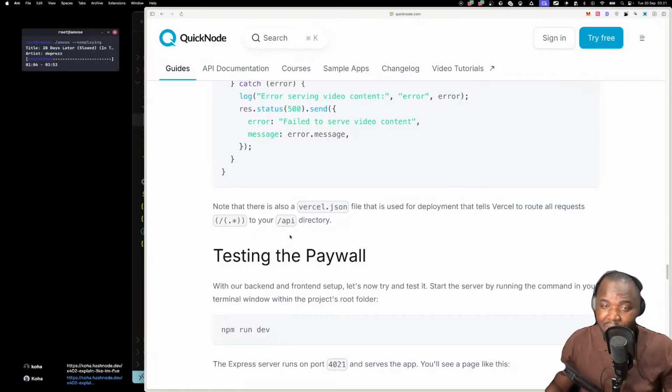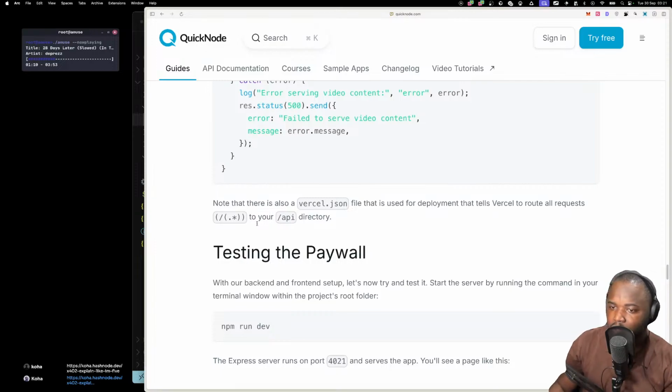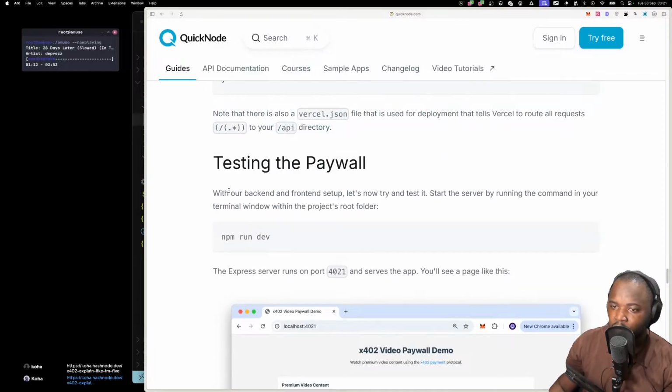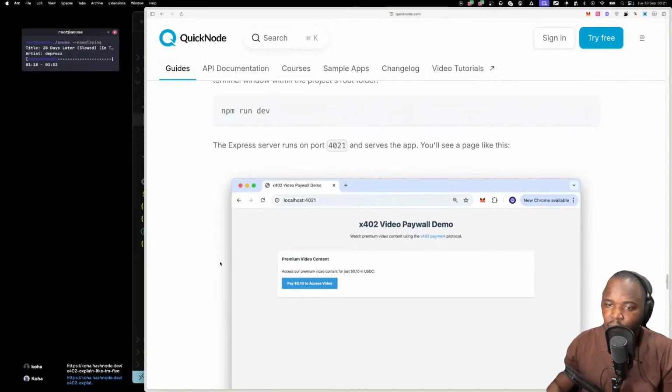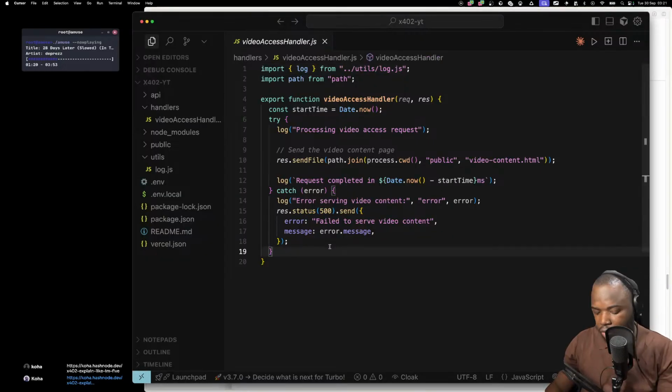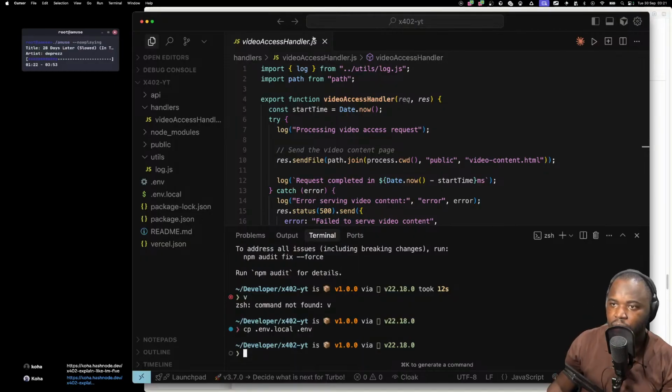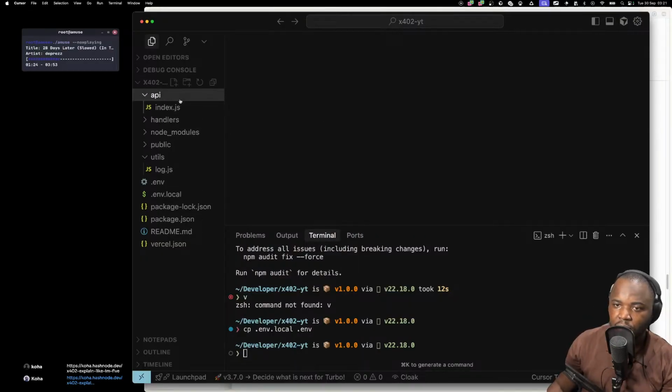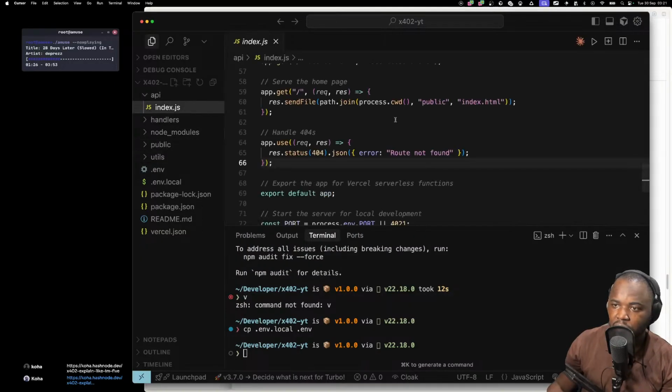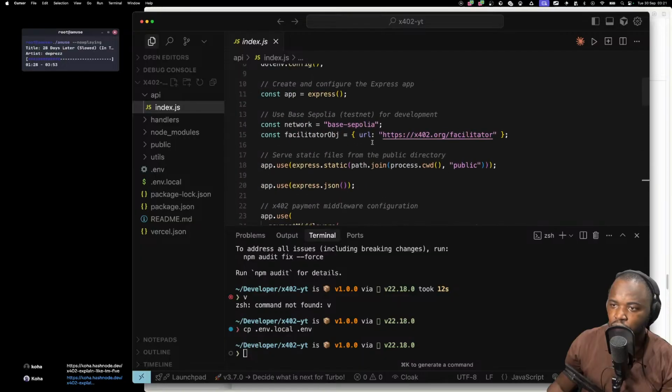I thought this was going to be a starter project repo, but it actually has everything. So a good one. Let's test it. We're going to run npm run dev with our backend and front end, and then we can start testing. After I've done npm install and everything is working, if you remember that everything seems to be good, you make a request to